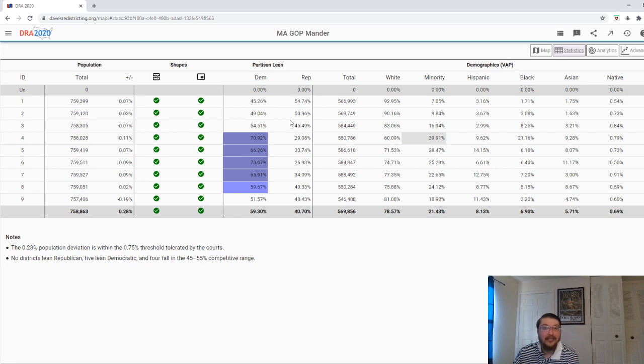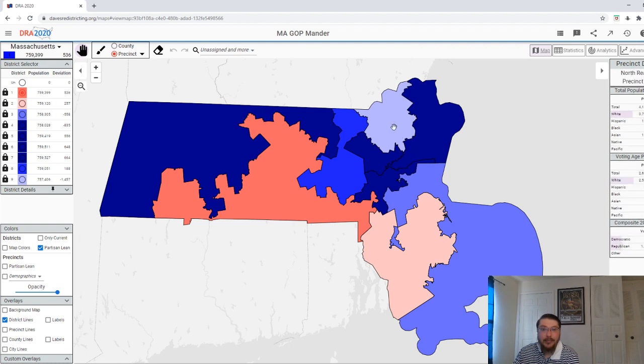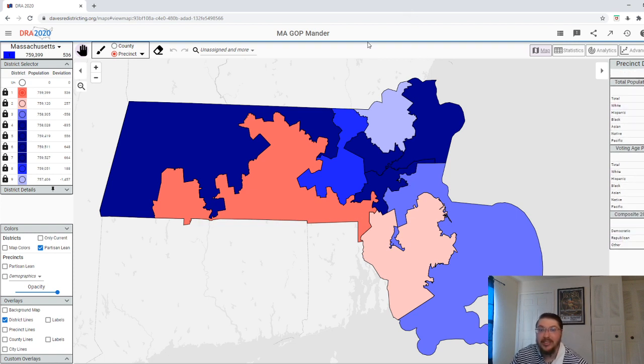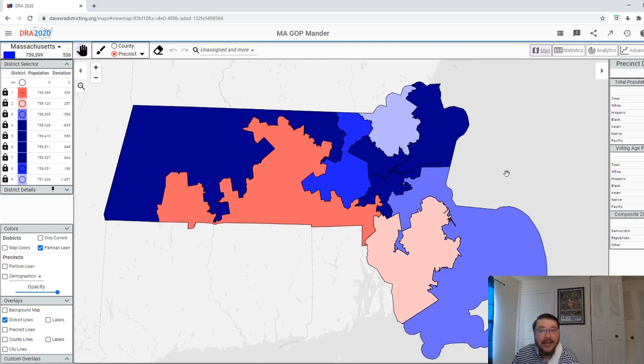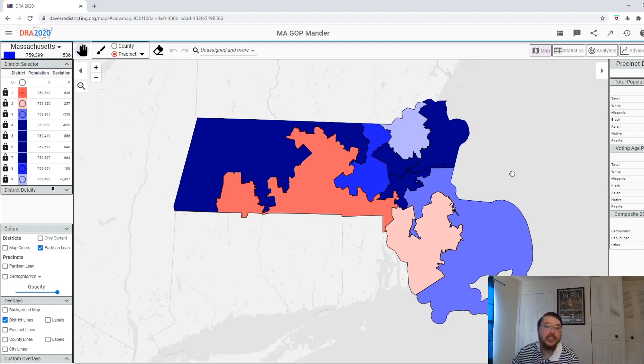And actually, here's the funny thing. If we go back, the second leans Republican, but it's considered competitive. The fact that I've got four districts that their map says is supposedly competitive, which is this one, this one, this one, this one, and this one, the fact that they think that maybe the Republicans could get four is surprising. So, it is what it is. Of course, I had to destroy Boston in order to do it, but I suppose this is fitting considering Massachusetts is where gerrymandering was invented. So, yeah.